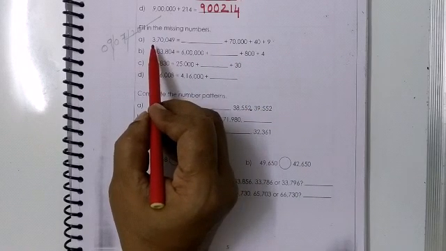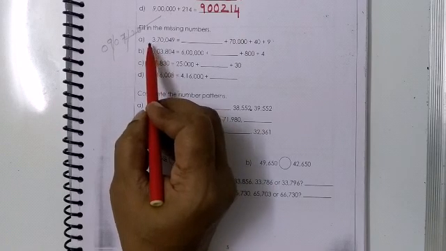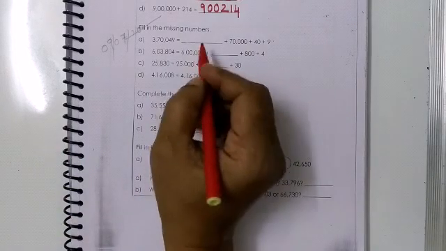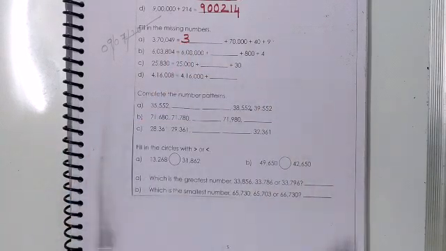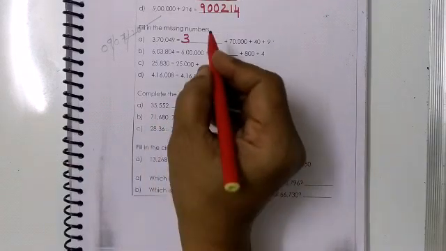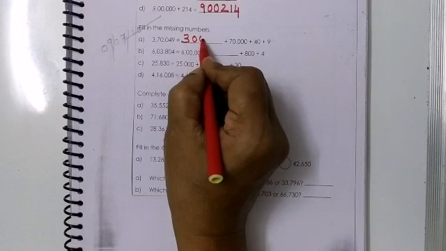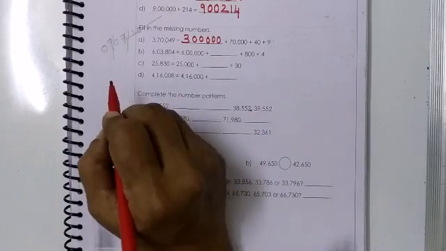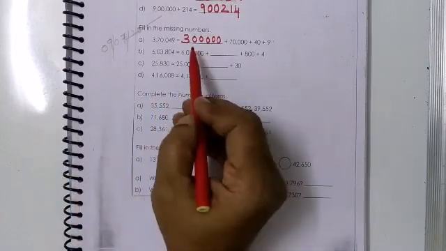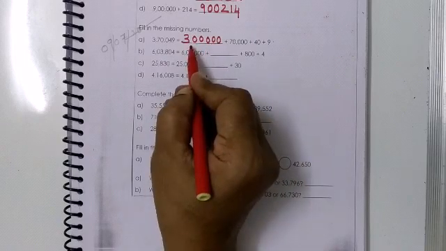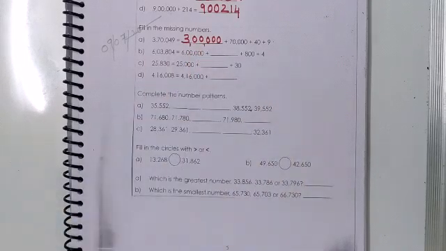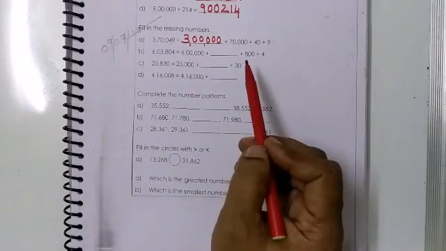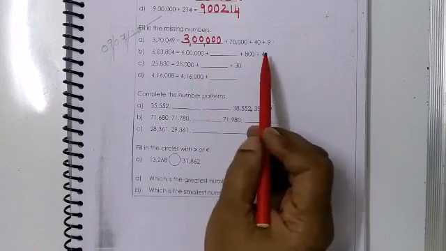Now what is missing, children? The 100,000s place. So in the 100,000s place, which digit do I have? I have 3. So I will write 3, and then how many zeros will I add, children? Be careful now. 1, 2, 3, 4, 5. You can put a comma also so that you are not confused. And if you want to check your answer, children, you can check it in the vertical form. So you will know whether you are on the right track.